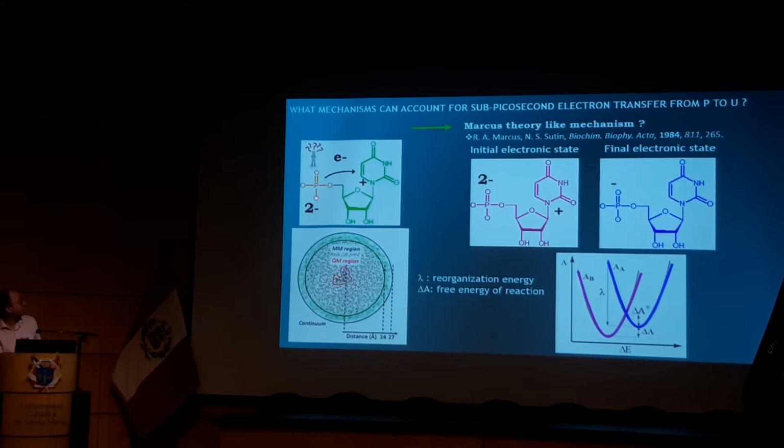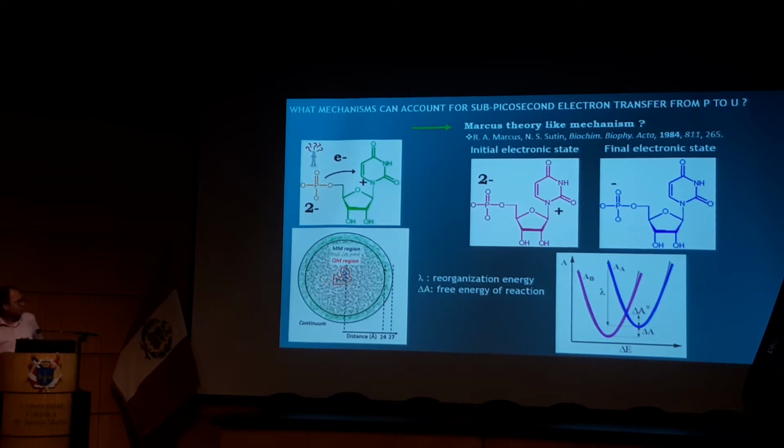and so what we want to do is understand this mechanism. So we have a -2 charge on the phosphate at the beginning, and 1 electron will go to this base, this sugar nucleobase, because we know now, with the real-time simulation, that the hole would be delocalized between the two. So in Marcus theory, we usually define 2 what we call diabatic states that correspond to the initial state, so the electron on the phosphate, and the final state where we have moved 1 electron. So you see that now the charges are different. So this is the first ingredient.